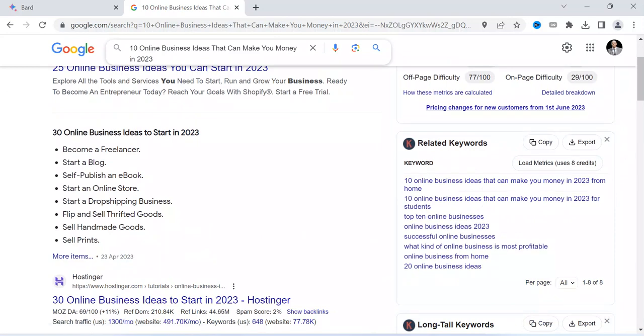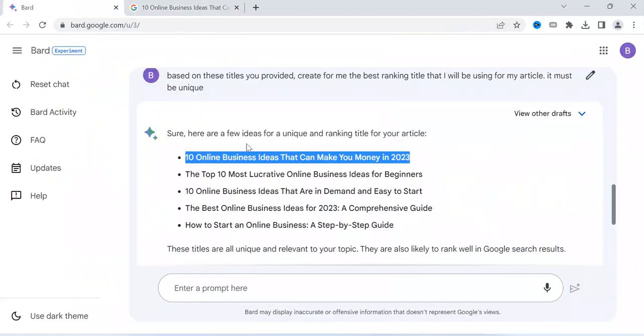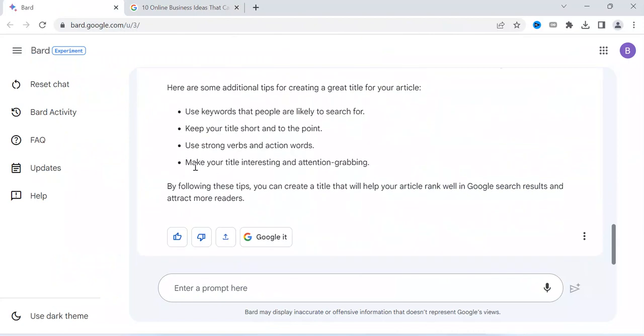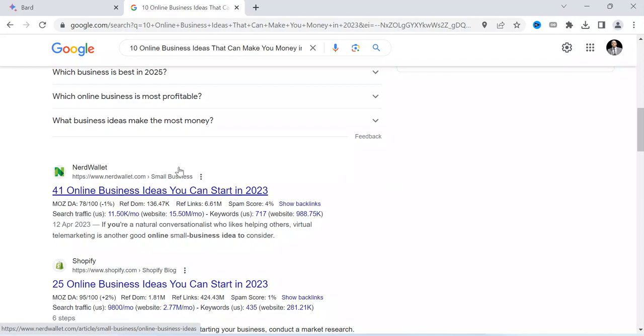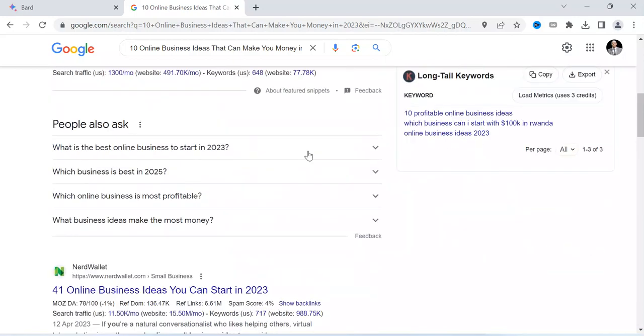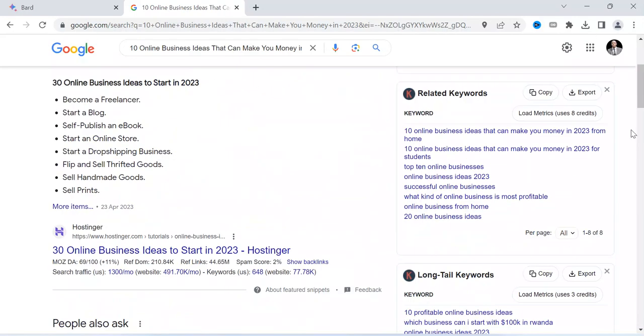If you consider this, or if you use this strategy, you are also going to get the high-ranking keyword that you can use by using this AI tool. I mean Google Bot. Most AI tools come with the capability of performing various tasks, and depending on how I use every task, that is how I get to know how you will benefit from them.